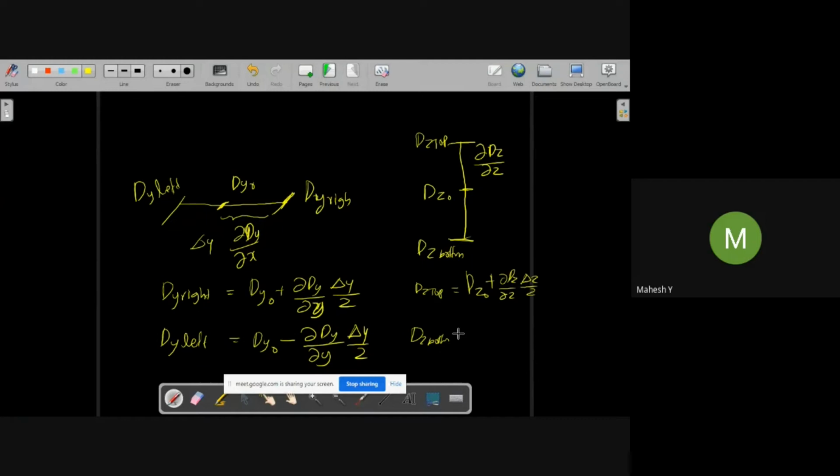Yeah, very good. And dz bottom? dz0 minus dou dz by dou z into delta z by 2. Okay, thank you. So we got the expression for all the d values in the front, top, bottom,